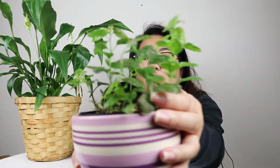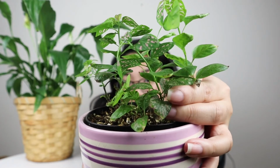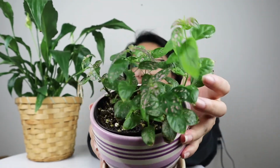And I had 2, and I really liked them. But as soon as I got them into my house, they started having this issue where you can kind of see here the edge of the leaf getting really crispy. The edges of the leaves getting really crispy. And so I thought that meant that the plant was getting too much sunlight and it was getting scorched, so I moved it to an east-facing window, but it's kind of a shaded east-facing window,